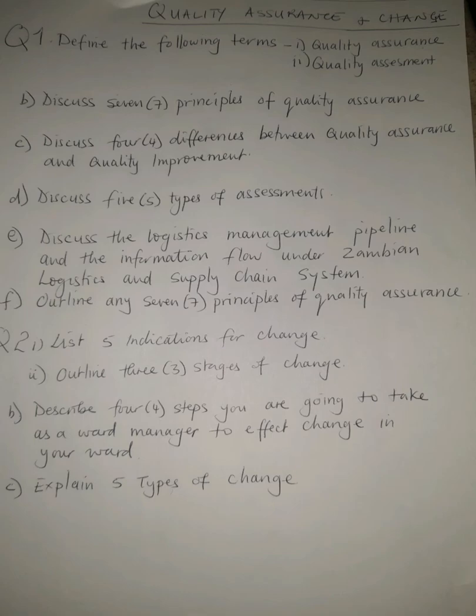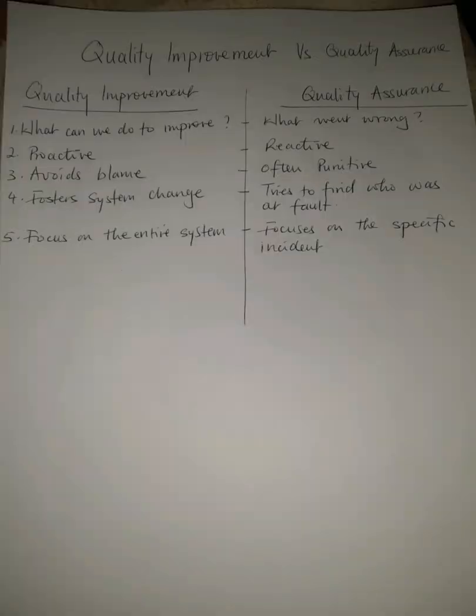Now we move on to part C. Discuss 4 differences between quality assurance and quality improvement. I'm going to put up a table that will actually give us examples in terms of the differences, and to explain using that table. So looking at this table, we are now looking at, as the question was saying,